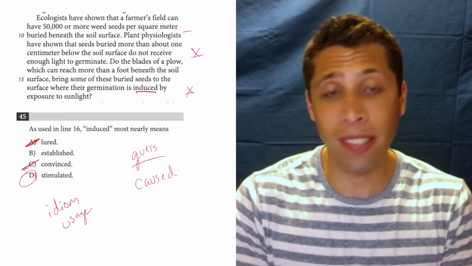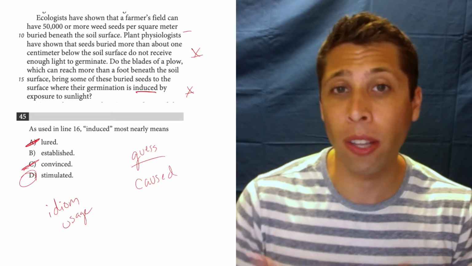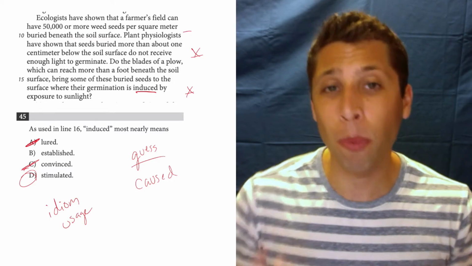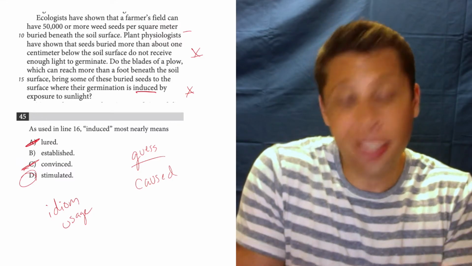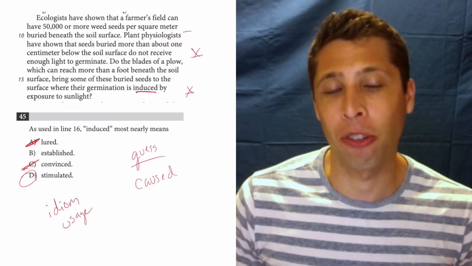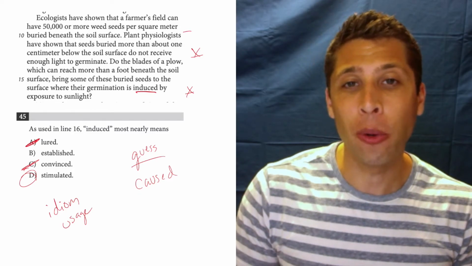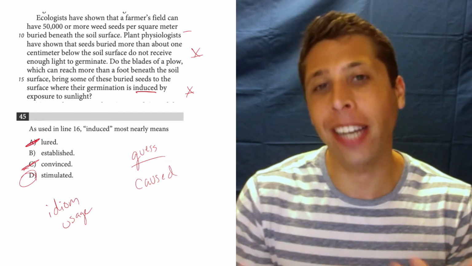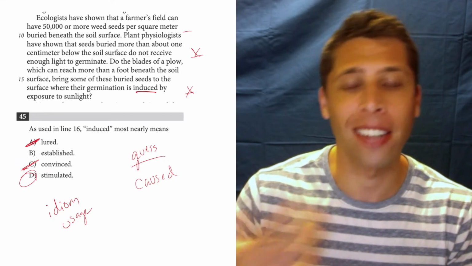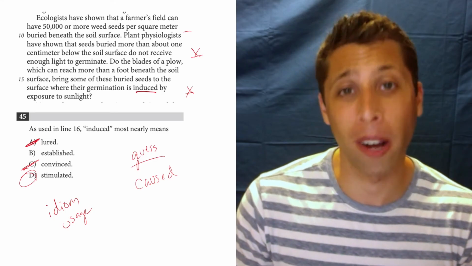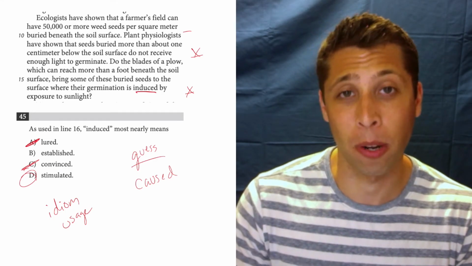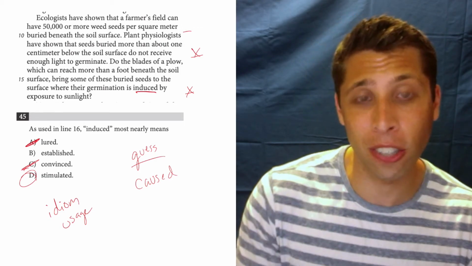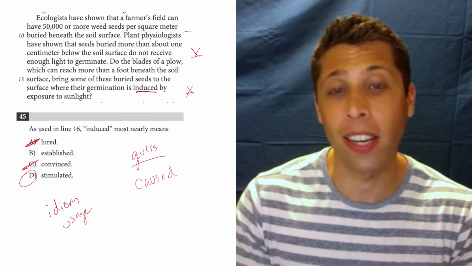And the best advice I can give you is trust your instincts, right? I don't know that looking this up in a dictionary would make one choice more obviously correct. It's more that I just know that stimulated is more right for this situation. That comes from experience. You have a hard time articulating why that's the better choice, but your brain kind of knows because it's seen it in other places and it has a feeling. Trust that feeling and move on. There's no sense in trying to pick this one apart. You either have that feeling or you don't, and there's plenty more points to come. And you've already done a good job of eliminating A and C. So 50-50, definitely still good.